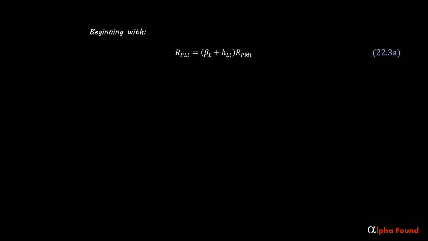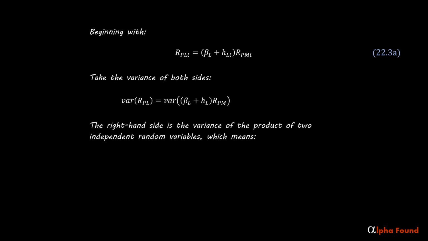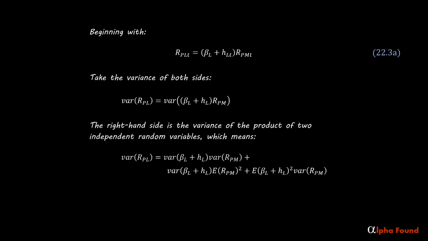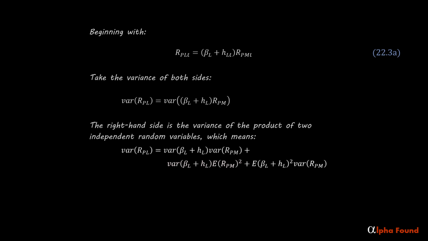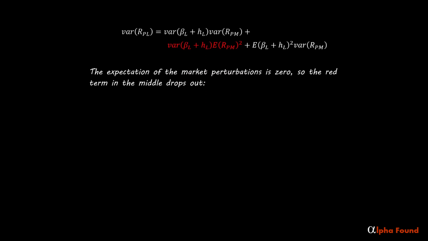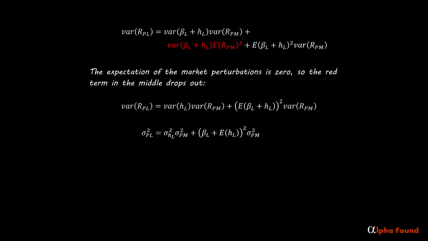Beginning with the low perturbation return in period t equal to the low ideal beta plus the low h in period t times the market perturbation in period t. Take the variance of both sides. The right-hand side is the variance of the product of two independent random variables, which means the expectation of the market perturbations is 0, so the red term in the middle drops out. With a change to a more pleasant notation, which can be rearranged to